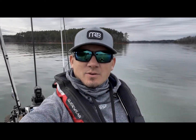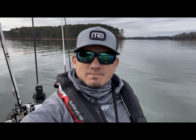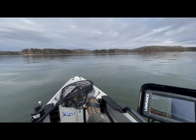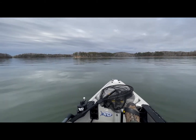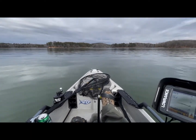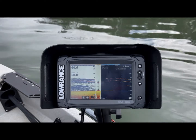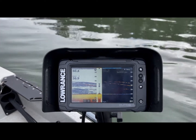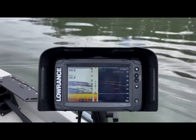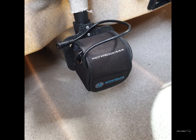Hey guys, I want to take a second and talk about the electronics that I'm running for the 2021 KBF season on my Hobie Pro Angler 14. So this year I'll be sticking with the Lowrance Elite TI with the total scan transducer. I'm also running the Navionics Plus charts, and this unit is being powered by one 10 amp hour Nocqua lithium